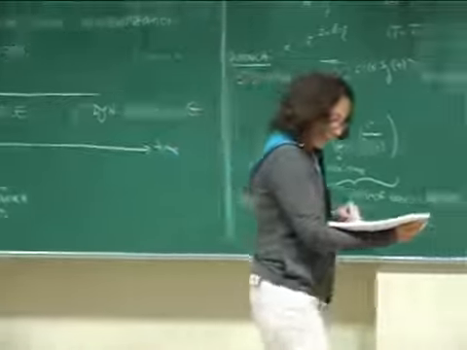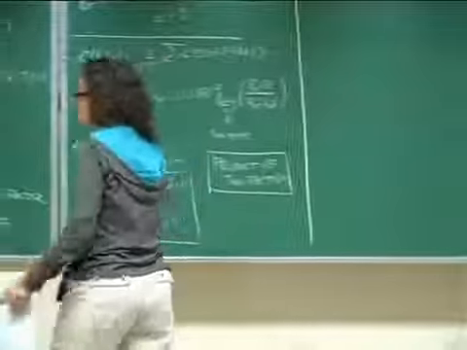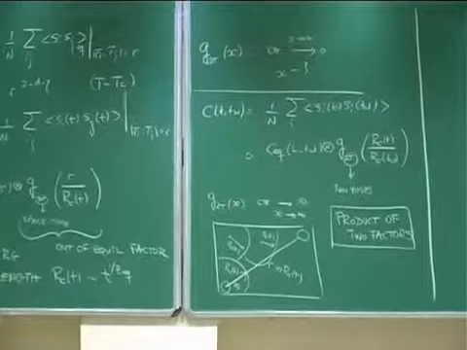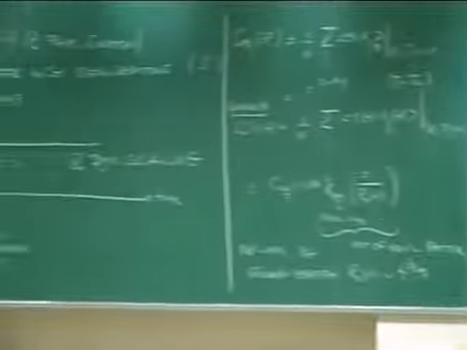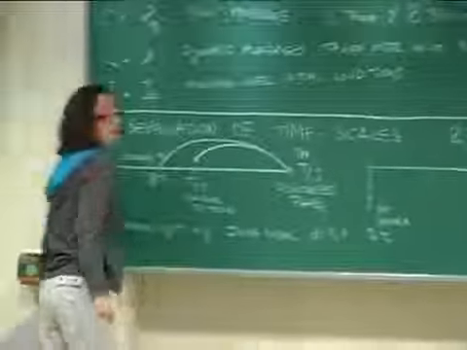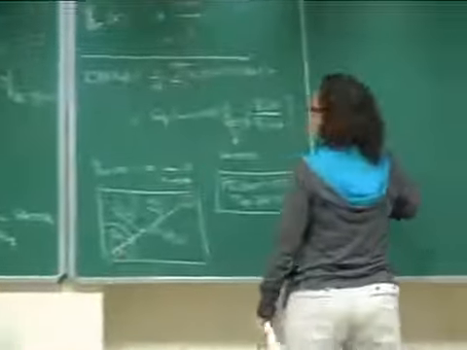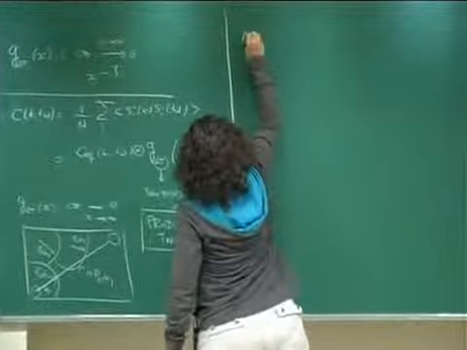Okay, now what happens if you do the quench below the critical point? So you do like this. You come here and you go to a temperature which is below TC and do the evolution there. So there you also have a separation of timescales, but it's additive. Let me put it here.